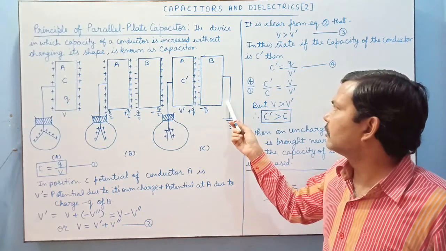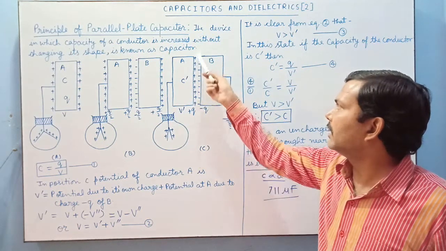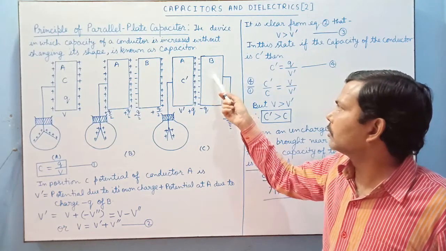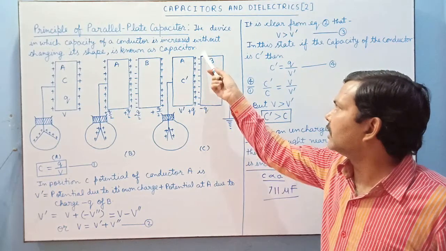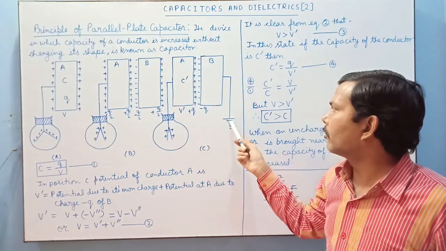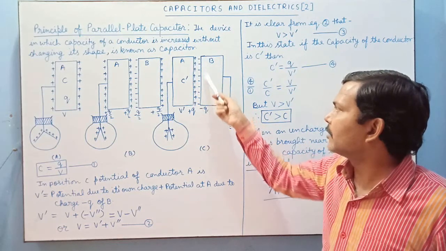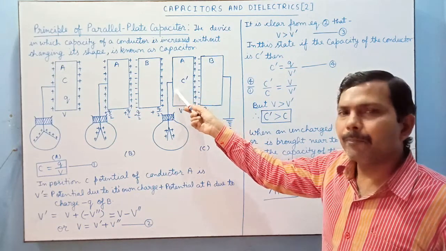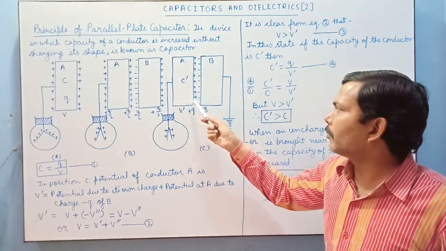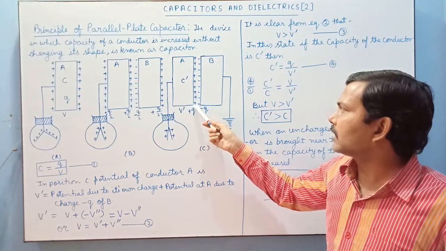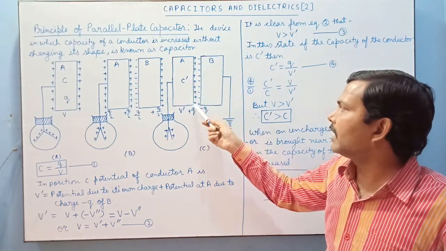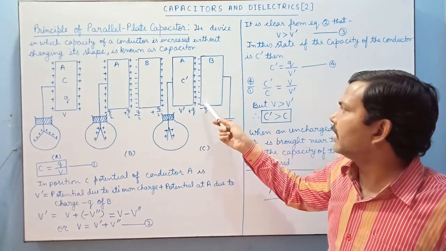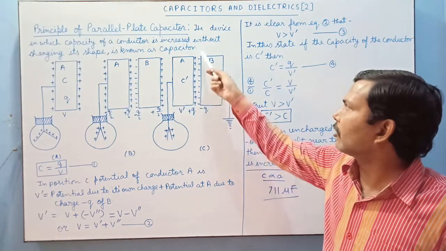In that case, what happens? It has only minus Q by 2 charge. Slowly the electrons continue coming to the inner side of plate B from the ground until its charge becomes equal to the charge of plate A. The charge of plate A is plus Q, and all its charge is concentrated on the inner surface. Also the total charge of B is concentrated on the inner surface.